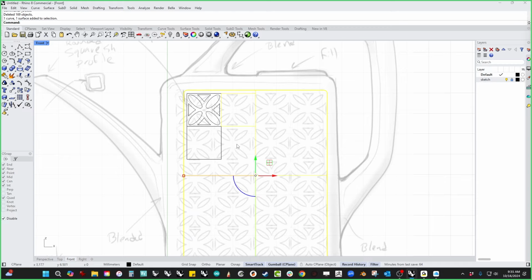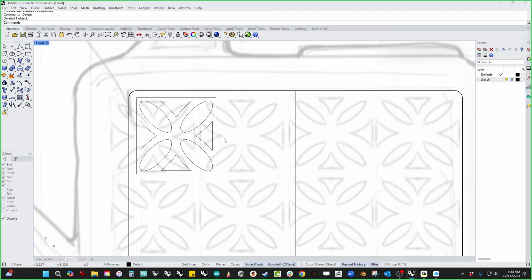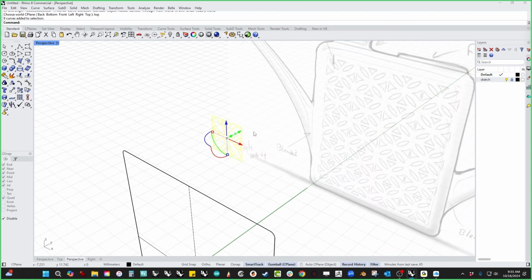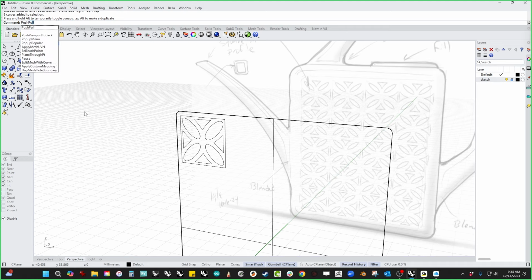And I'm going to get rid of those two. So I know that this is actually kind of what I'm looking for. And so what I'm going to do is take this curve and just snap it to this surface. And the reason I'm going to do that is because now I can use push-pull, and